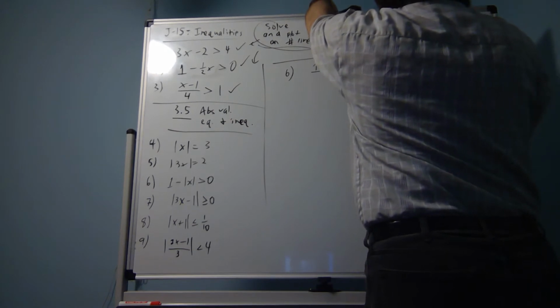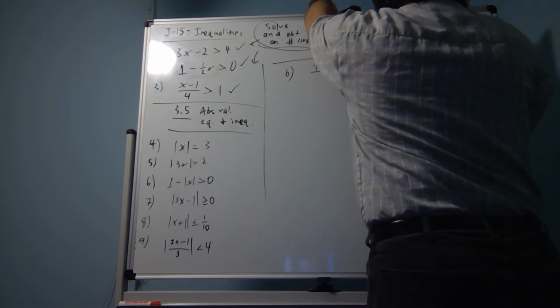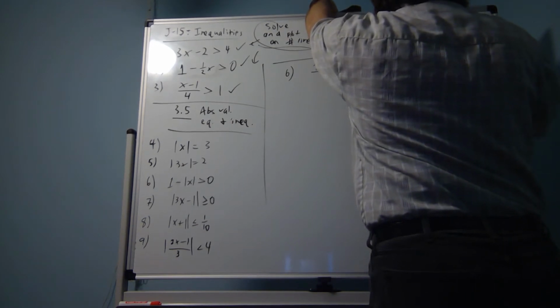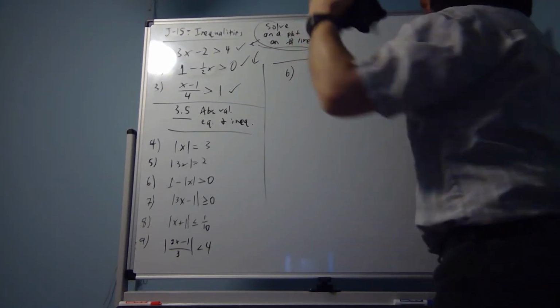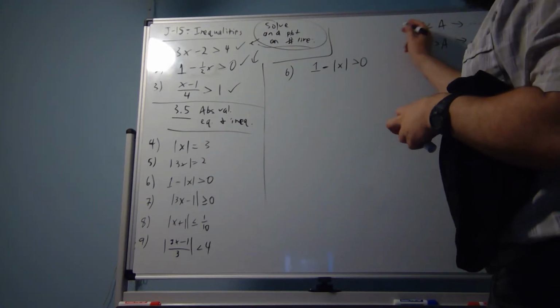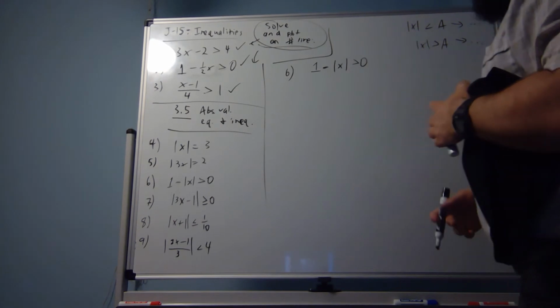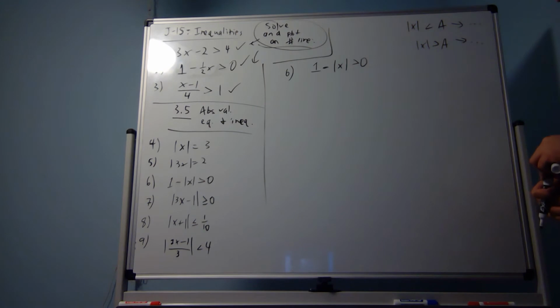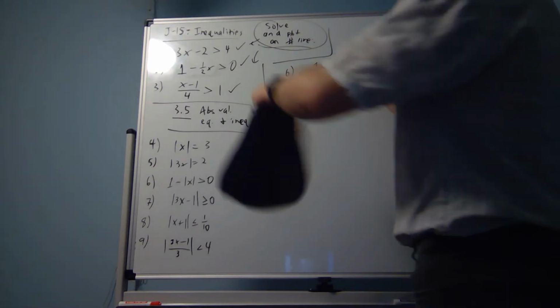So on the other side of the board, we said that if absolute value of x is less than a, then that means one thing. If absolute value of x is greater than a, then that means something else. But we don't have either of those. We have this. None of these said directly what it means for negative absolute x to be greater than or less than something. None of these said what it means for 1 minus absolute x to be greater than or less than something. But we can add